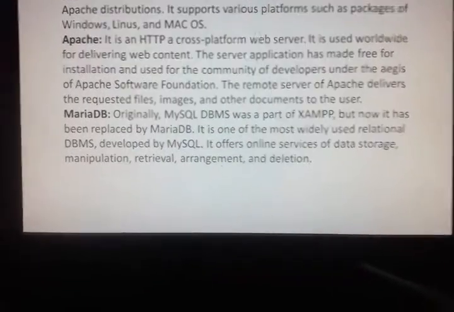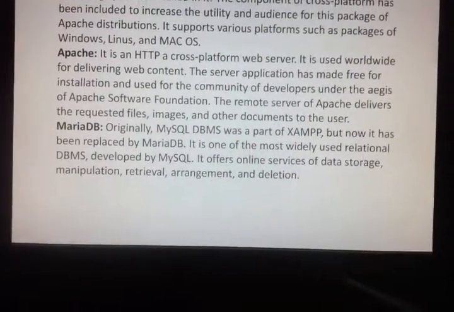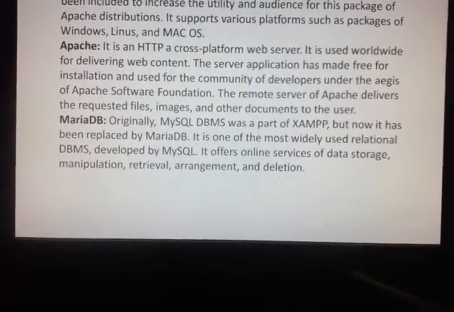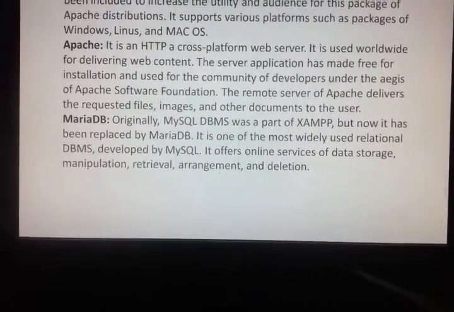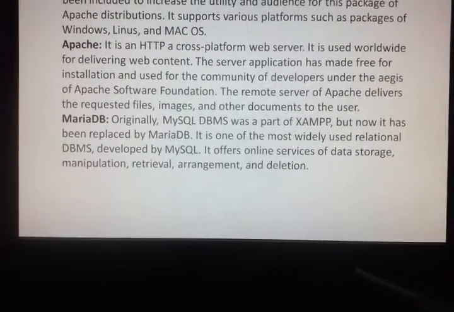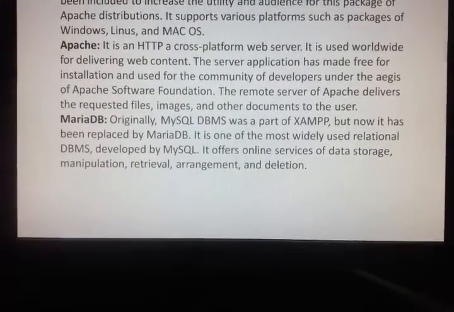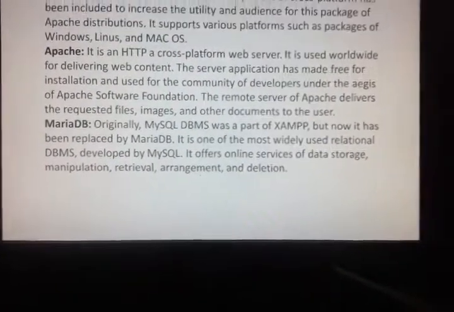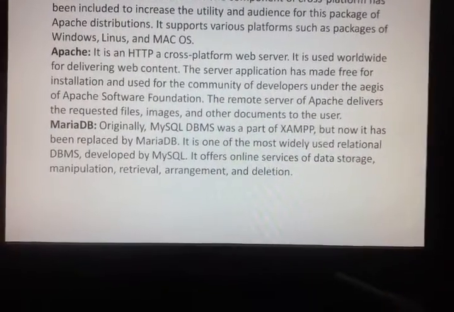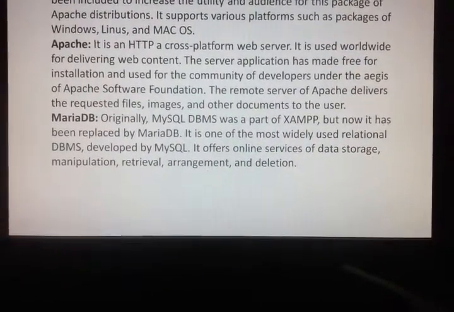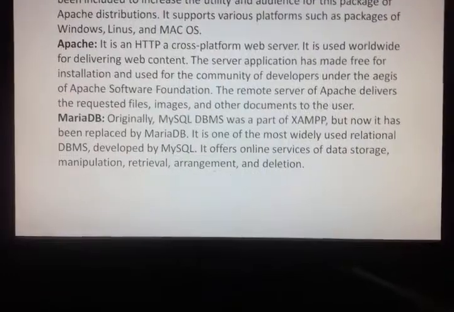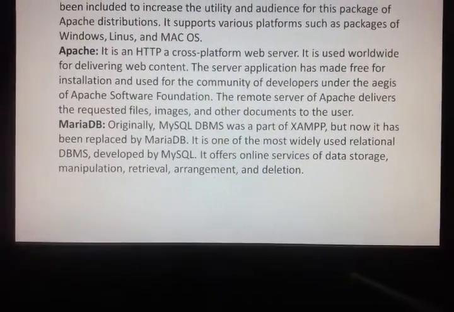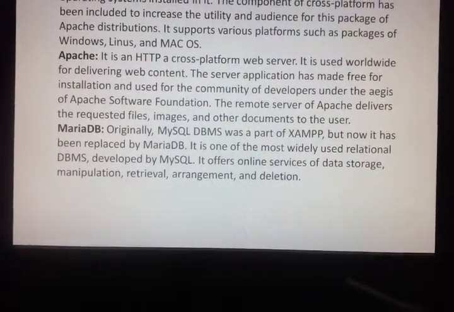So why this has become a major component is that whenever we are sending a request to the server, mostly that information is stored in the server database. From the database we will get the content onto the client system.